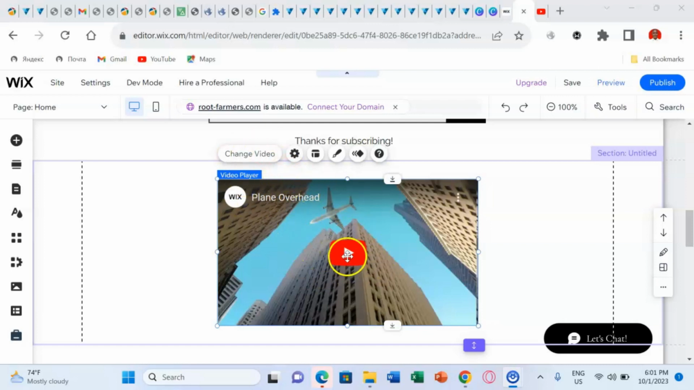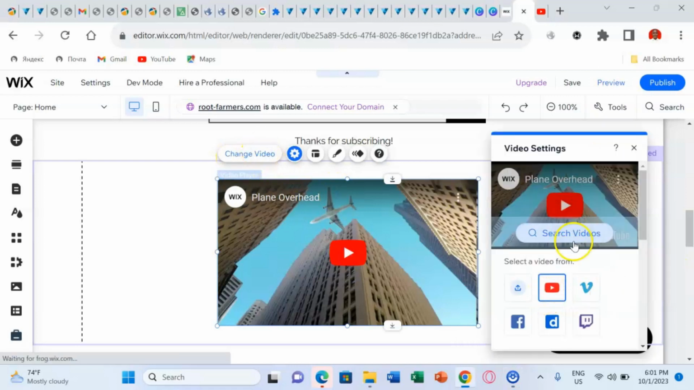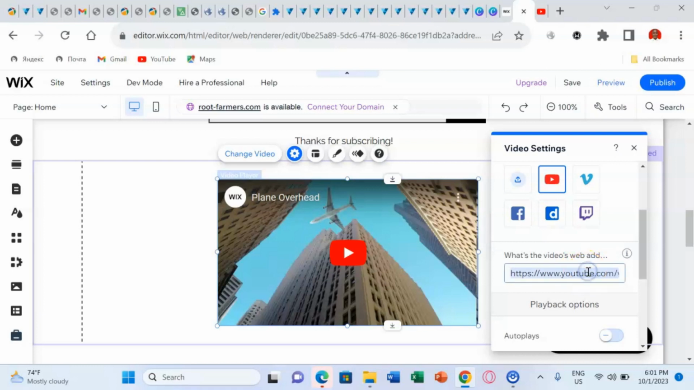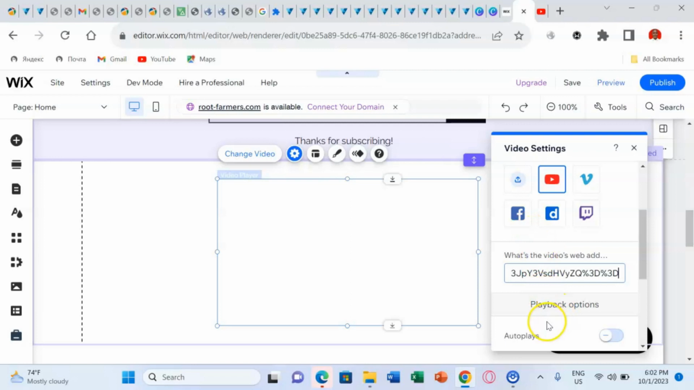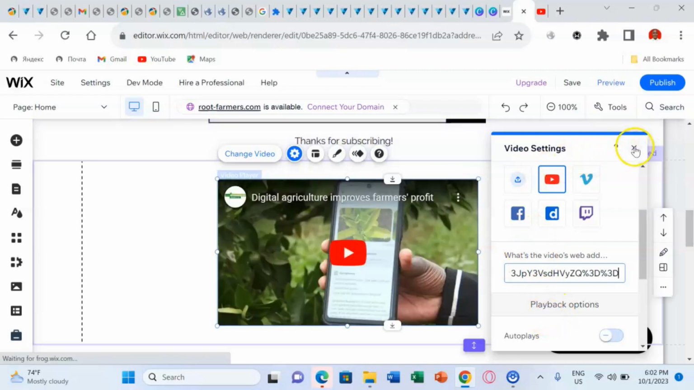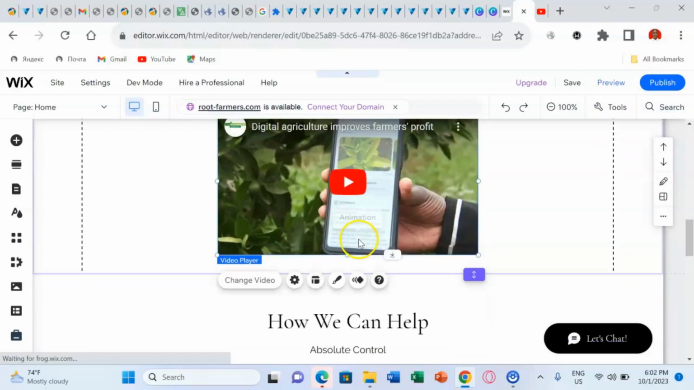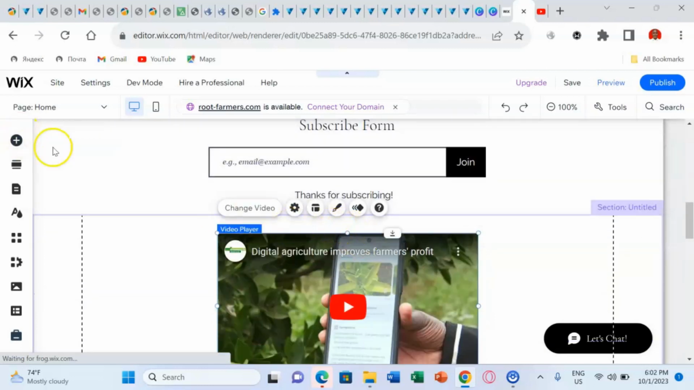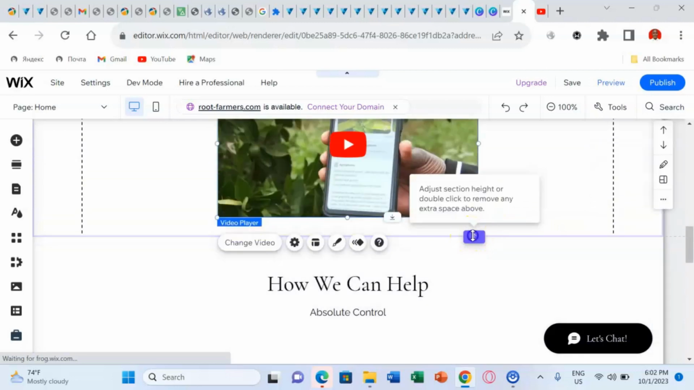So come here, click on the video, say change video. It asks you to add a link to the video which you want to put. So we just paste our new link and voila, here it is, our new video. So we might decide to add some text if we really want to add any text here, but we need to add